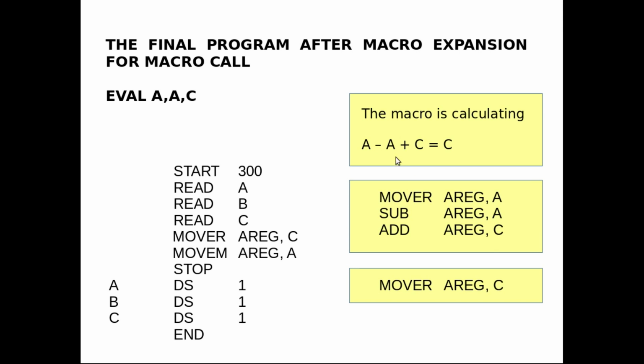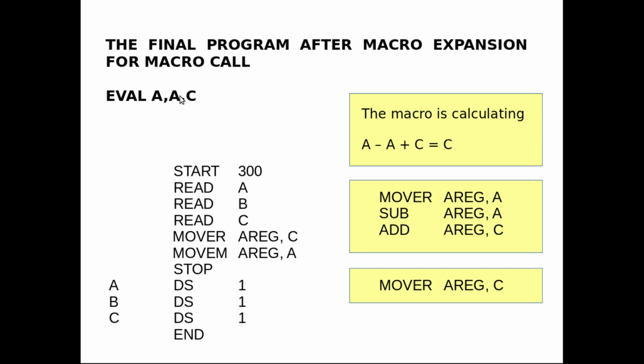So what I mean is, when the first two parameters are the same, we don't have to do this calculation. I can just put C into A register, because the first two lines here will anyway evaluate to 0. So instead of having 3 lines to do the calculation, I can do it using only 1 line.